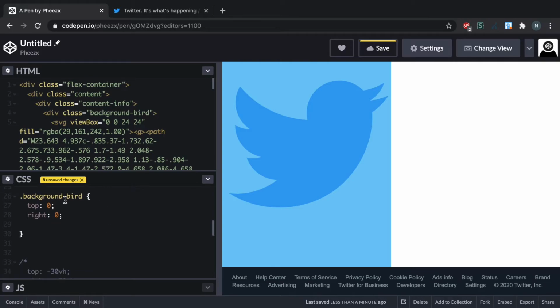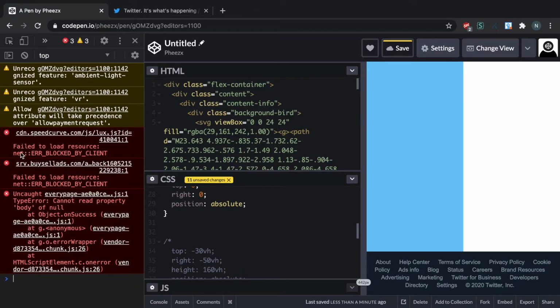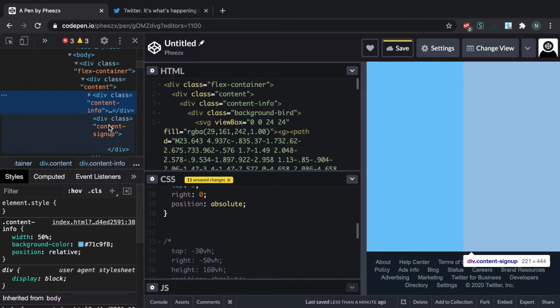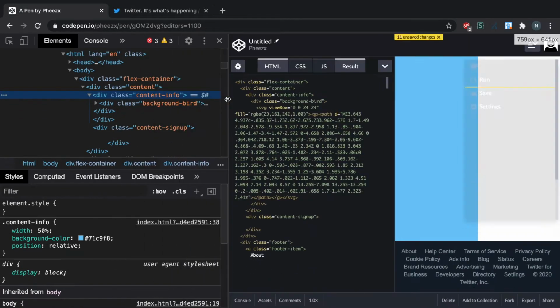Top right. Now I'm gonna say position relative. What if I'm gonna do absolute? Alright, well, time to hunt this bird down. Where did it go? Where could it have possibly gone off to? Content sign up, content info. I'm gonna make it bigger, so,